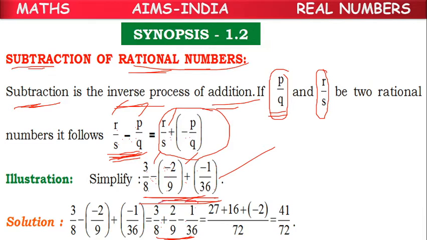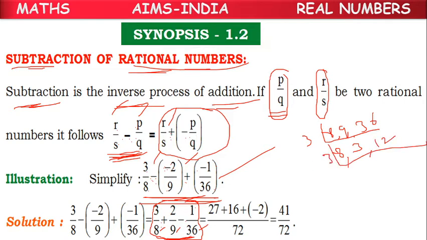Now for simplifying this expression, the denominators are 8, 9 and 36. We don't have a common denominator, so we have to take the LCM. First let's try with 3. 8 is not divisible, we will keep it like that only. 3 times 9, 3 1 is 3. 3 2 are 6. Again with 3. 8 we keep like that. 3 1 is 3, 3 4 times 12.